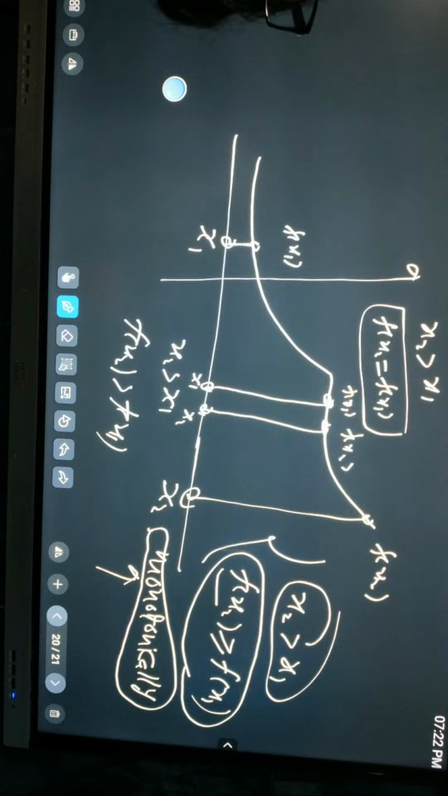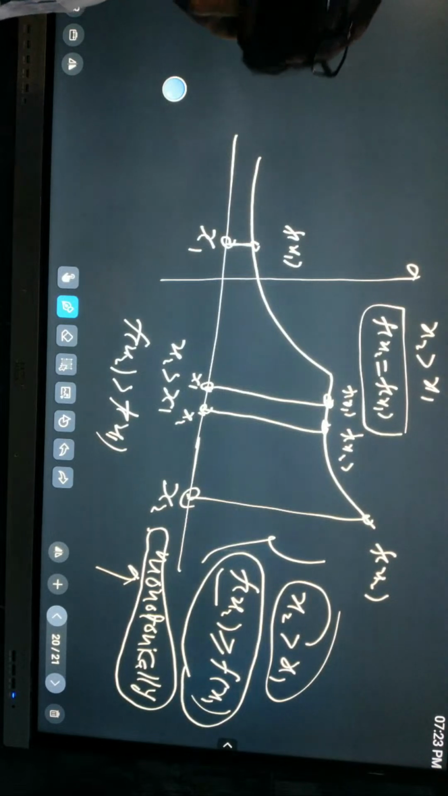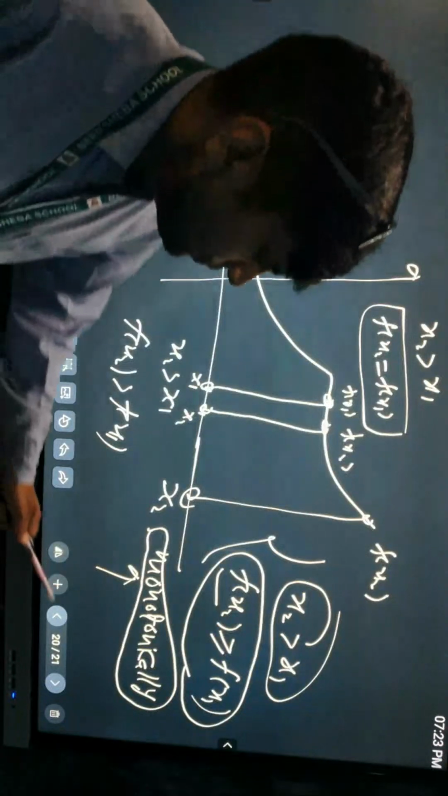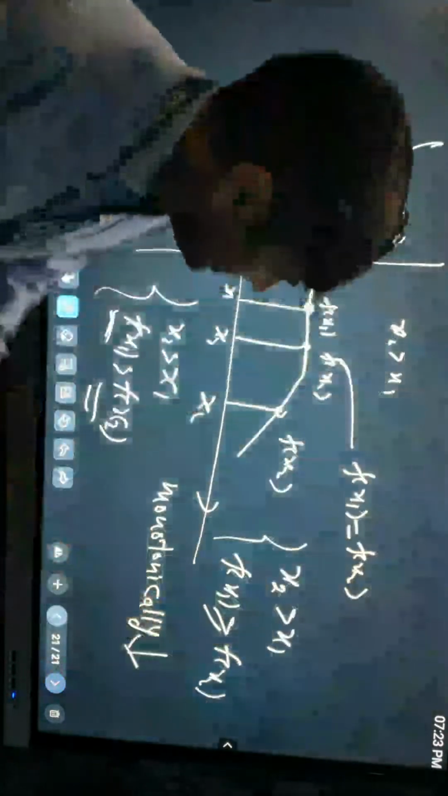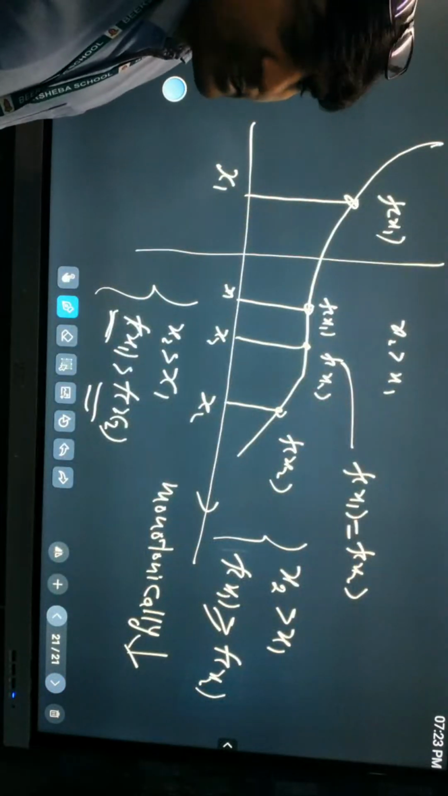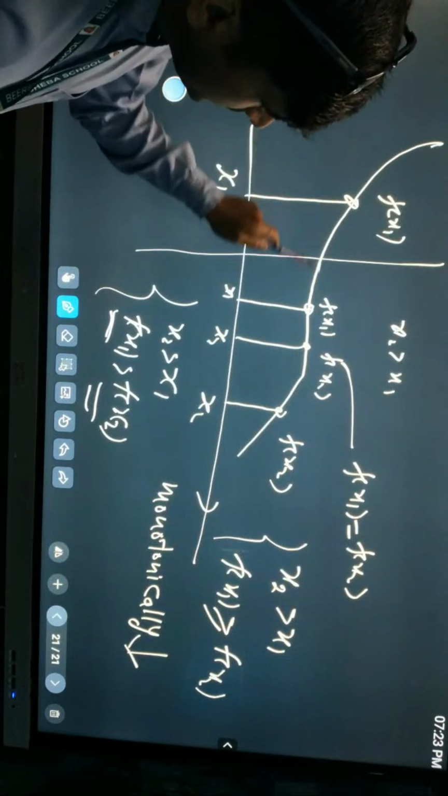अच्छा, तो बच्चों, in a similar manner we study this graph. This graph says